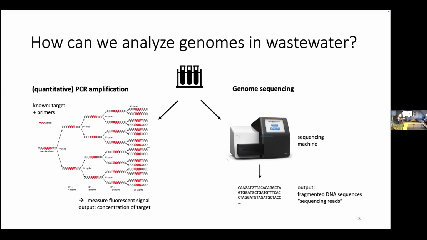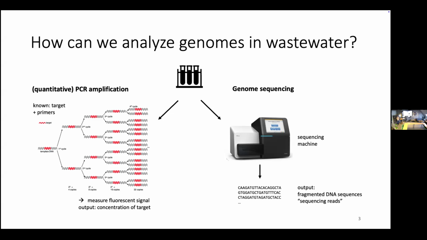So say I'm looking for SARS-CoV-2 in a wastewater sample, and I know what the SARS-CoV-2 genome looks like, then I can design so-called primer sequences that bind to this fragment, and then I can amplify it. And doing many cycles of this amplification in the end results in many copies of this specific fragment. And then if in this process you incorporate some fluorescent dye, for example, that lets the fragments send a fluorescent signal, then you can measure this and quantify how much of these fragments is in your sample.